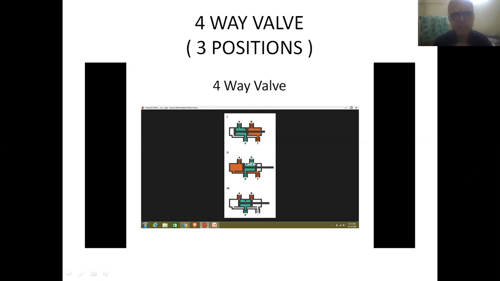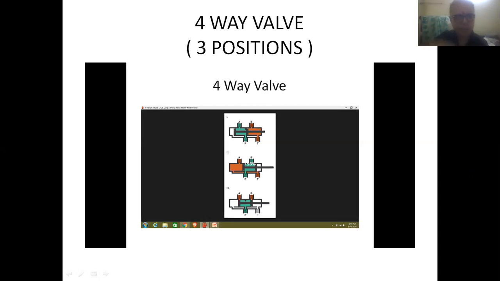So very easily we can observe these diagrams. In the first figure, the fluid is entering from the left hand side and it is leaving from the right hand side. So the entering fluid is shown in blue color and the exhaust fluid, the leaving fluid, is shown in red color.